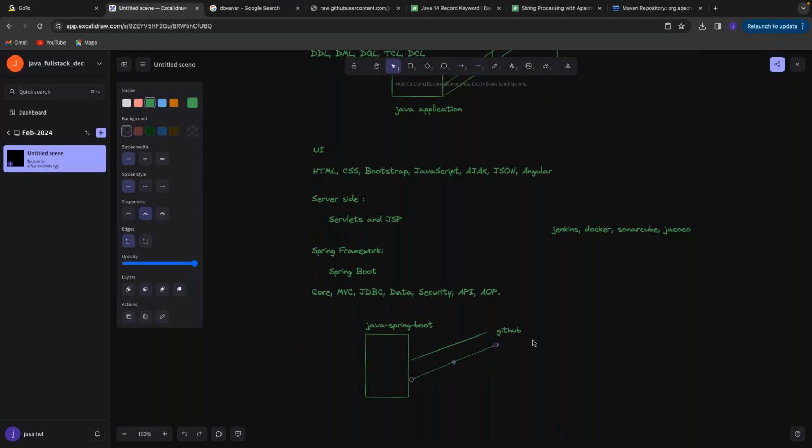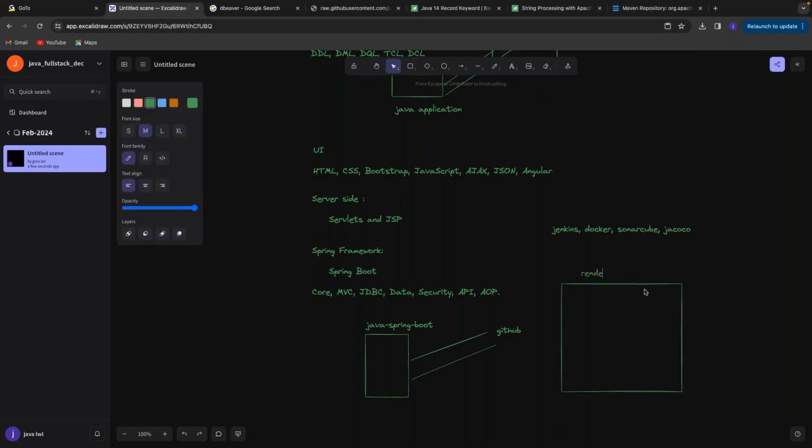And once you push this code, we are going to take the render.com service. We will register one account, and we will connect from render.com. What are the spaces we got here? We will be connecting with your GitHub. You are going to connect with GitHub, and we will take this GitHub project, and we are going to